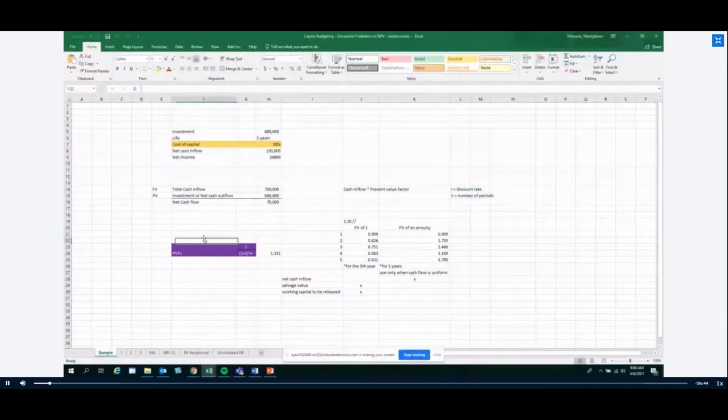Assuming we have an investment of 680,000, say we need to buy a new machine at 680,000. The life of the machine is estimated at 5 years. The cost of capital is 10%, and the net cash inflow is 150,000. So last time we've discussed